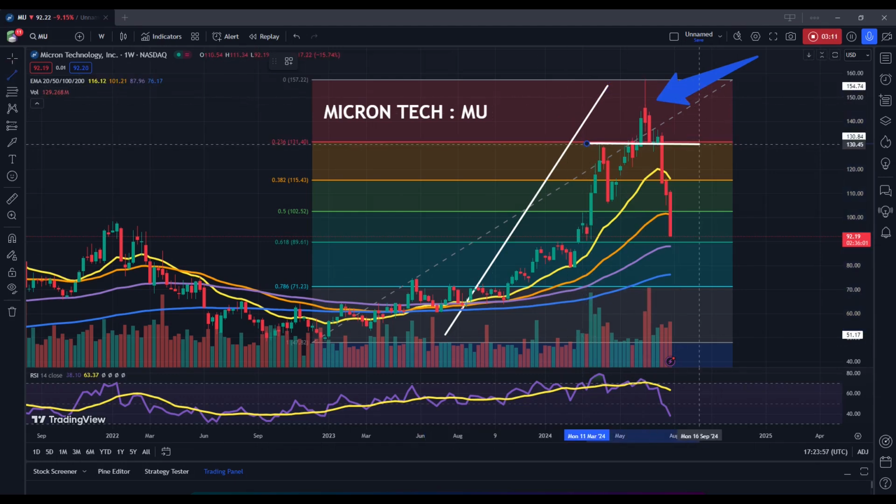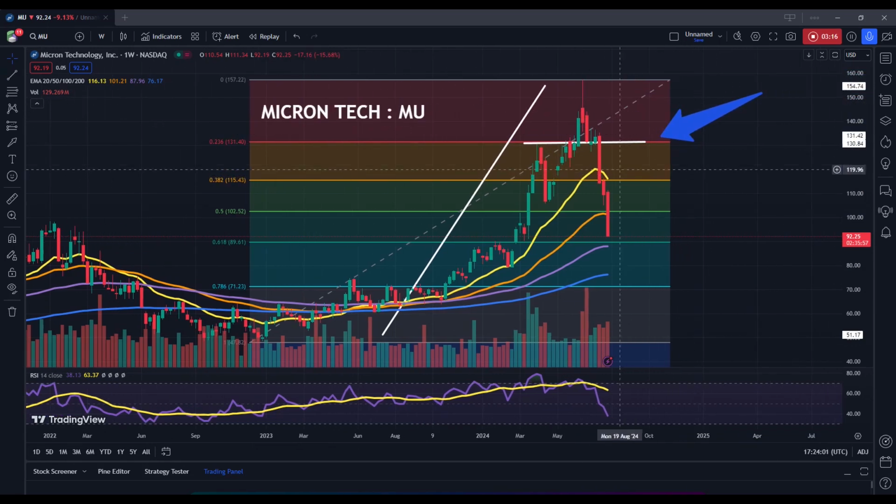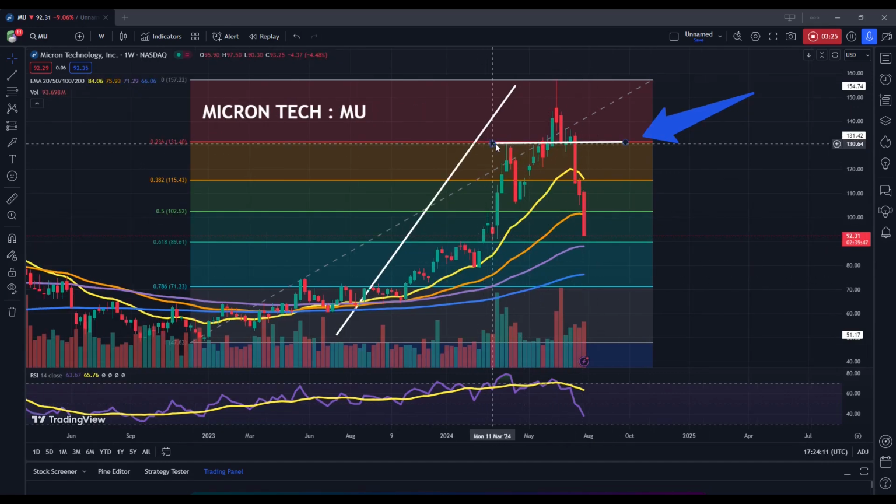Initially, we can see that this 23.6% Fibonacci retracement was quite important due to the fact that it roughly coincided with some prior highs that would be expected to work as support in the future. Specifically, we can look at this 131.40 level, which came into very close contact with the 130.54 highs, which were posted during the beginning of April 2024, the week of April 1st. So, as we can see here, this is a prior resistance zone, and it does coincide almost exactly.